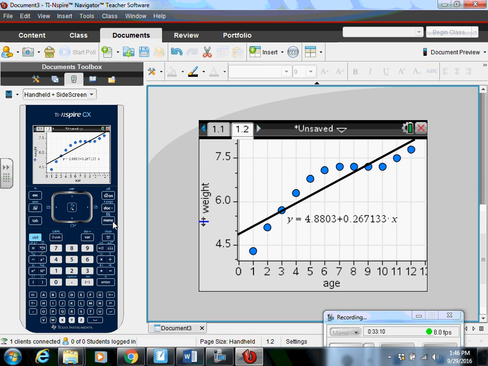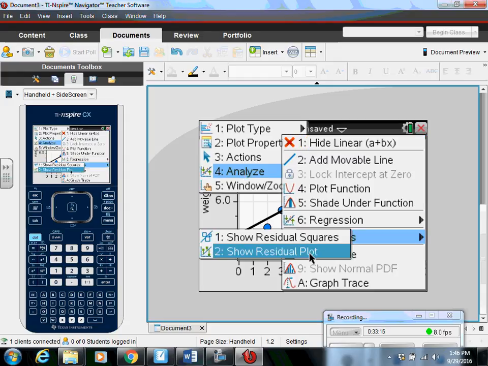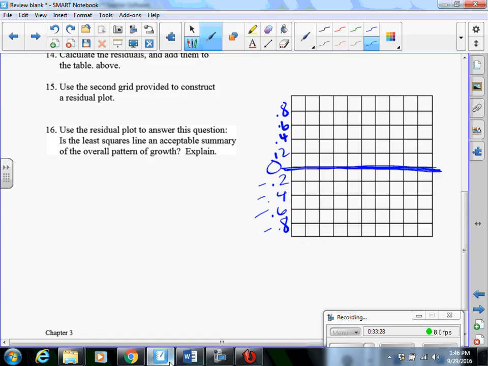Remember, if I'm on this page, I can hit menu now that I've done regression here. Now residuals is lit up. So I'm actually going to choose show the residual plot. And by choosing to show the residual plot, you're going to see that I've got this kind of swoopy pattern listed on my graph. So coming over to my Smart Notebook page, my residual plot will look something to the effect of, and I'm kind of guesstimating this right now, I'm not going perfect. You can do this better when you've scaled it. But we saw that it looks something like this. Since we can clearly see a pattern,